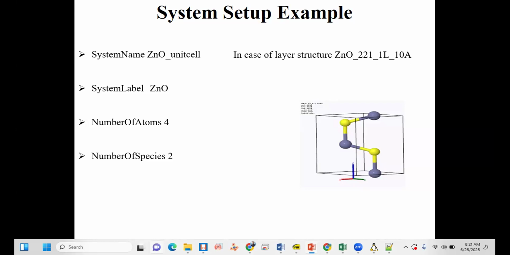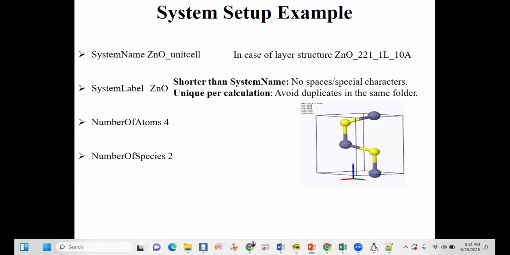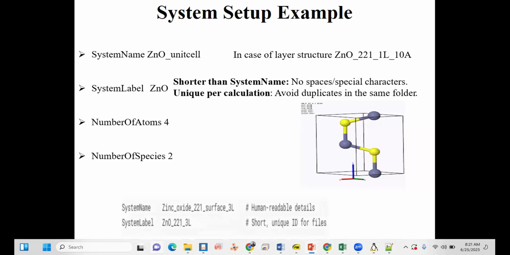This is actually the vacuum along the z axis. So for the system label: shorter than the system name, no space or special character, unique per calculation. Avoid duplicates in the same folder, because then it will replace your previous calculation. Next, in the FDF file, it will look like this.